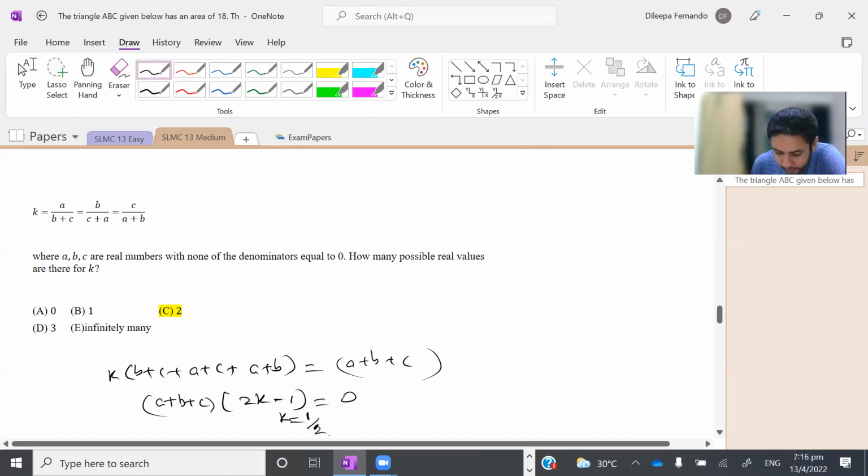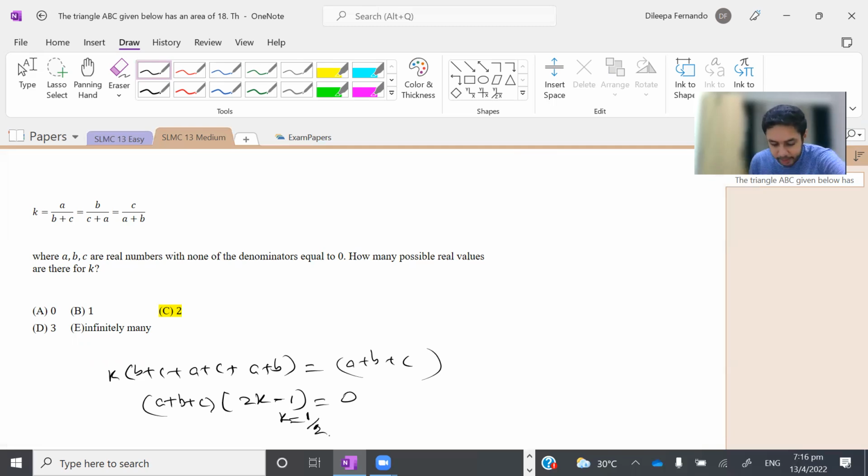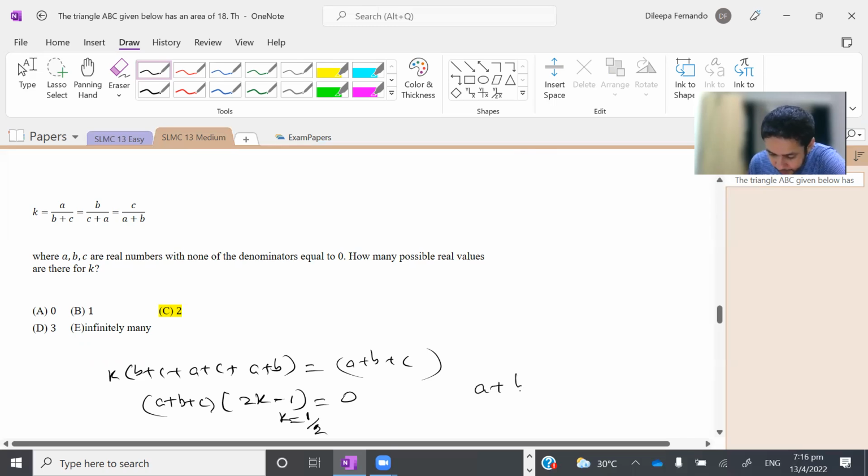So k has one value. But let's see whether there are other values, because whenever a plus b plus c equals 0, also we have a solution. Now let's say when a plus b plus c equals 0, b plus c equals minus a,